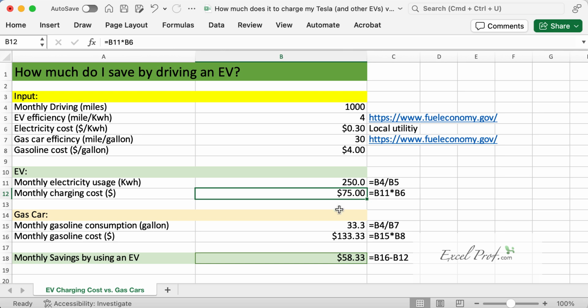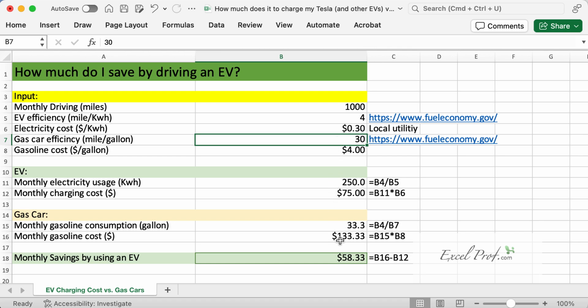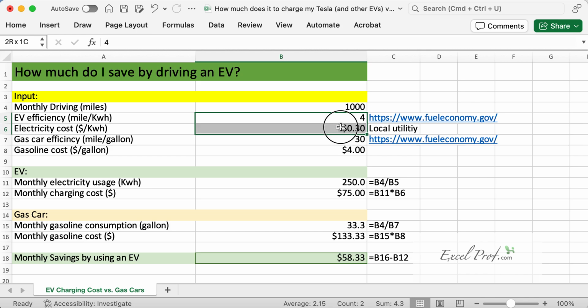Okay, and if I drive the same amount of miles using a gas car, pretty reasonably efficient, that has 30 miles per gallon, then I spend $133. And the difference is $58. So that gives you an idea how much you're going to save. Now, of course, your mileage may vary, literally in this case, because it really depends on the inputs here. Now, the key inputs are